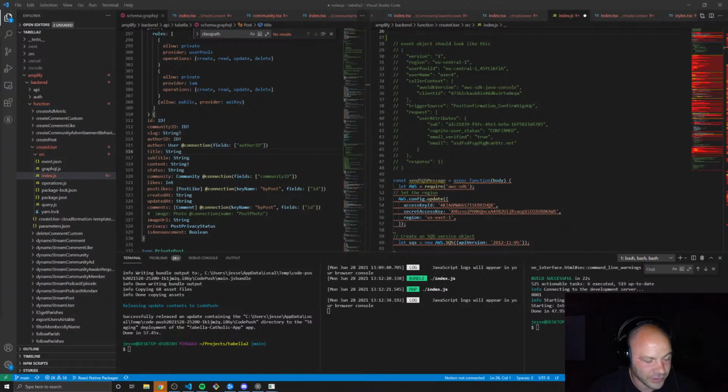I will say there was a kind of a unique bug where when the user first logged in, they